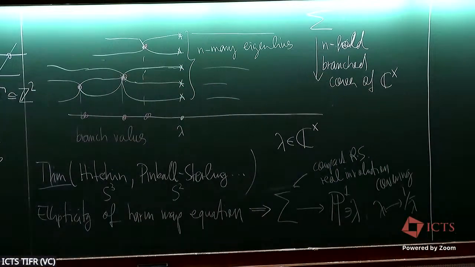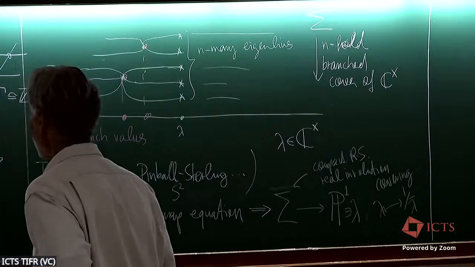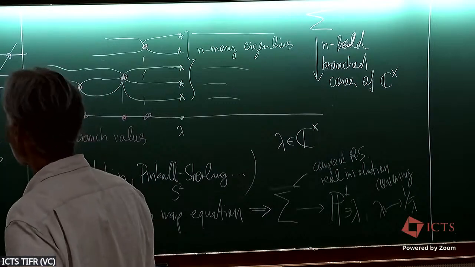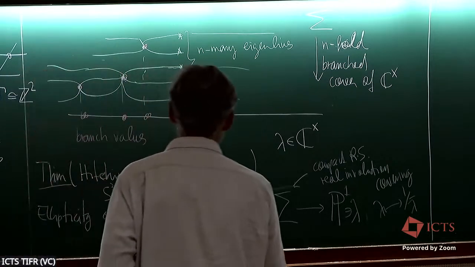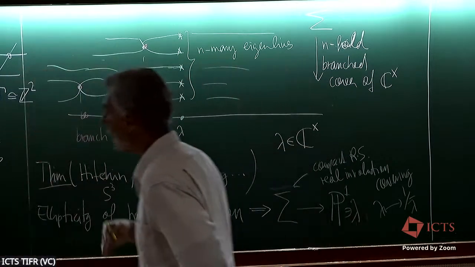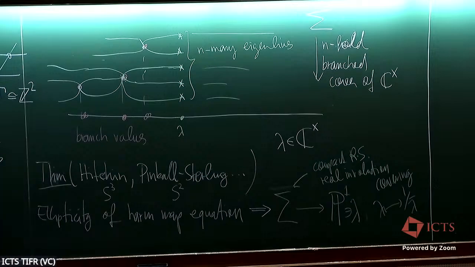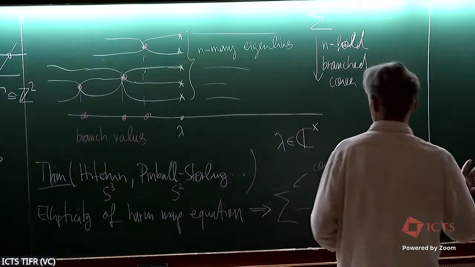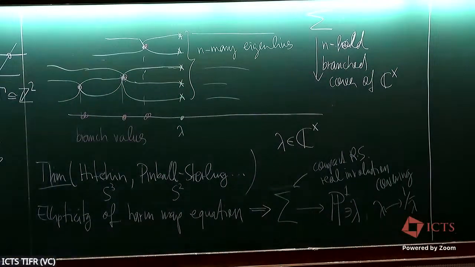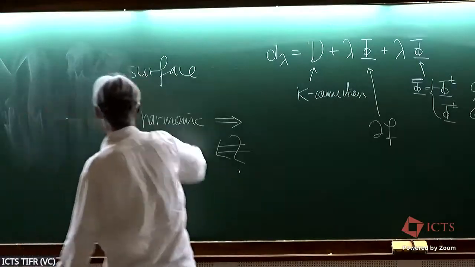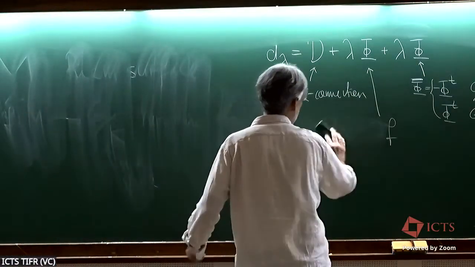So I have not cheated at all here, but I have dropped a little bit of information. Namely, what have I sort of got lost in this whole discussion? So when I do this, perhaps this is too much detail. Let's get to that later. So do not cross. Okay. I come over here. So what I'm going to do with this, right? So I have associated to my harmonic map from a torus this possibly high genus Riemann surface,